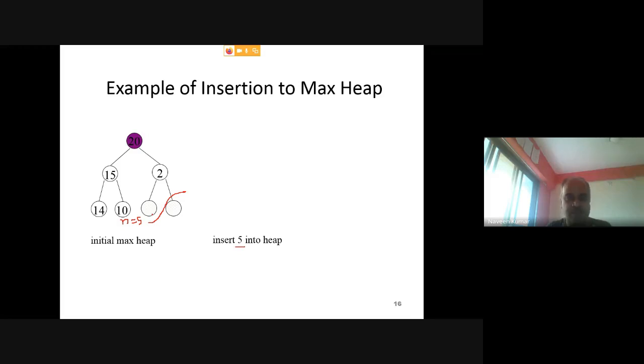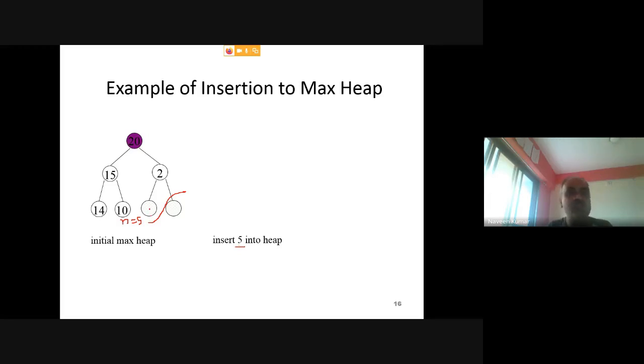So the candidate cell for this new node 5 will be this last position. Your max heap size will now increase, n equal to n plus 1, so the size of your max heap will be 6. Initially the candidate location where you can store is only this cell.